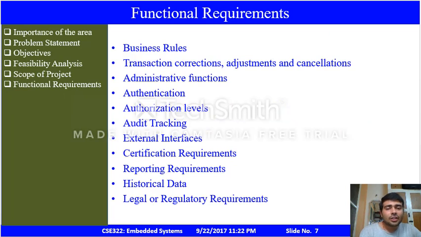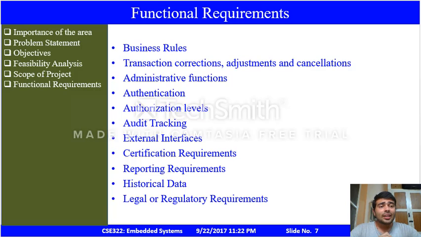All right. So what are the functional requirements of a project? We need business rules, we need transactions, corrections, adjustments and cancellations. We need administrative functions to ensure that we can add new bins that we can place at different locations, and secondly, that we can delete bins, or thirdly, modify routes and add trucks to our system as and when